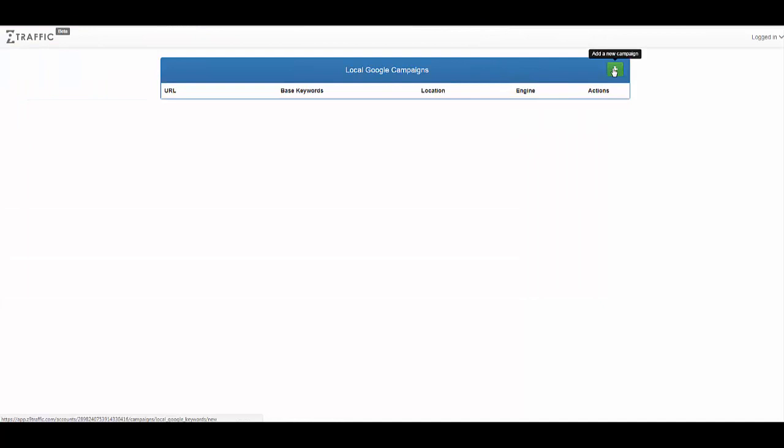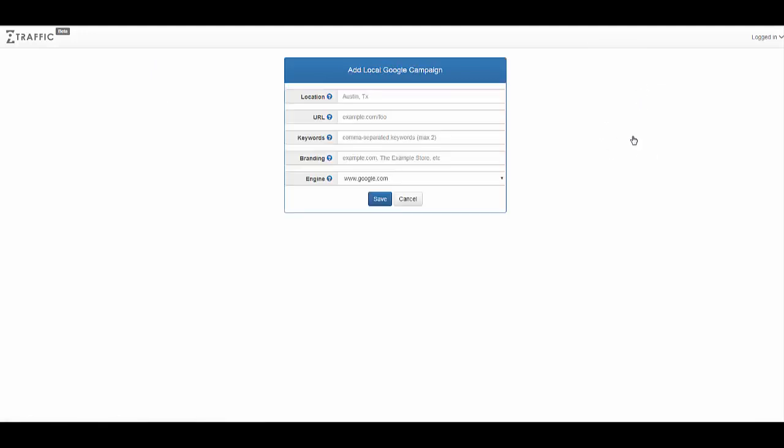Now, it's during this part that I'm going to show you what to do and what not to do to make sure that the traffic and engagement that we're sending you can be effective. So first we're going to add a local Google campaign. Now, first and foremost, here's a good example that the developer left for us, Austin, Texas. That happens to actually be the locale that we're going to use. Okay, so I'm just going to go Austin,